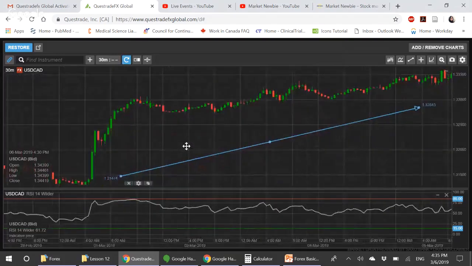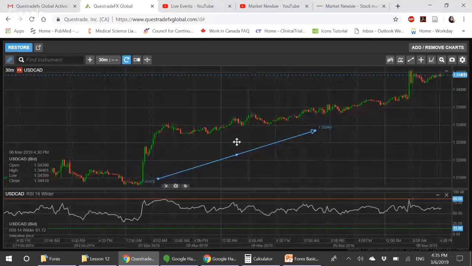I can zoom in, zoom out. The good thing about this one is that the starting point of the arrow and end point of the arrow is shown. Different platforms provide you with different features, so this is not something that we want to worry ourselves about. But you can do a technical analysis using these tools, and